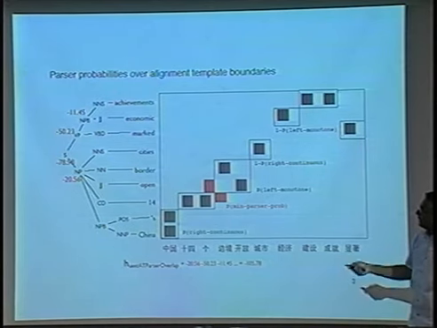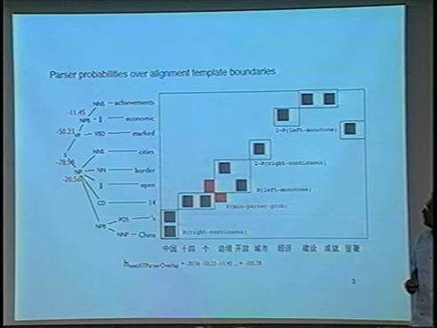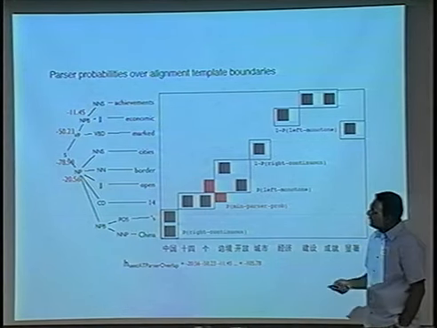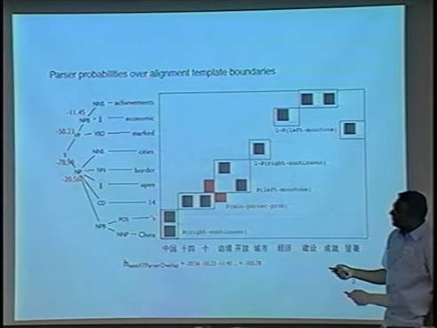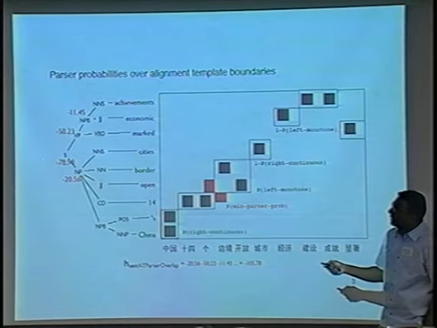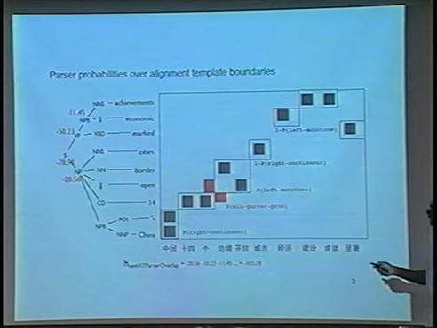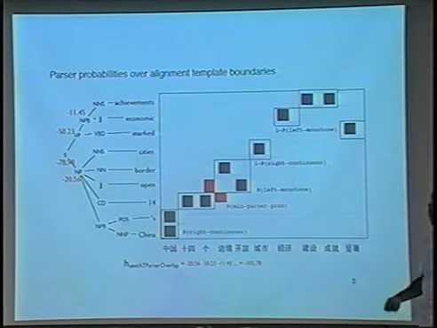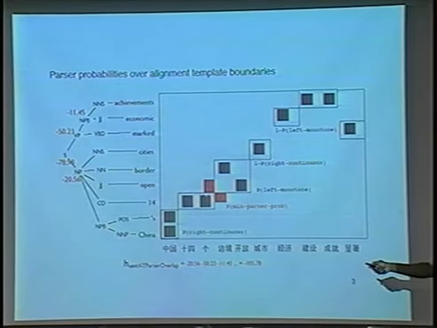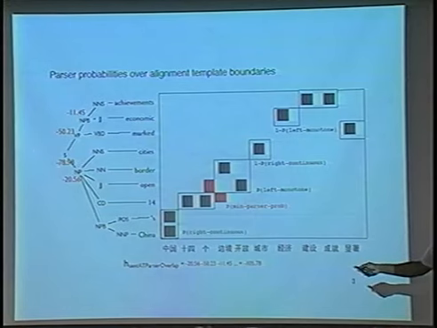Now we'll use additional information that we have. So in this case, we have a certain output from the parser over this English output, and each of these constituents gets a log probability. And what we're interested in doing is looking at the boundaries between alignment templates for which the baseline system has little evidence. So it relies on various language model features. And to take the evidence from the parser probabilities in order to score it.